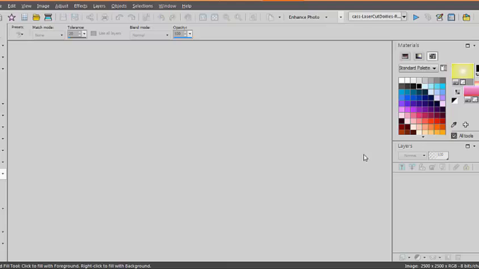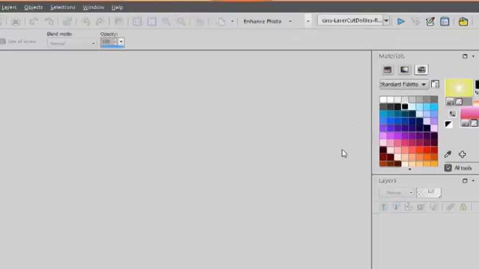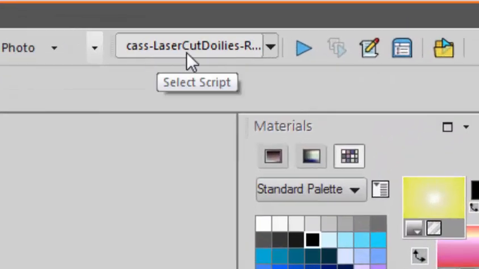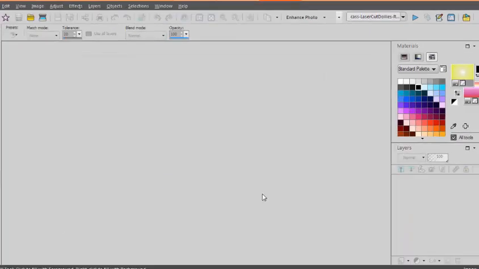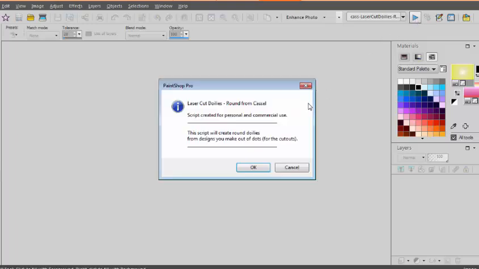In this video, we'll look at how to create laser-cut doilies using a script in PaintShop Pro. The script is called Laser-Cut Doilies Round, so it will create a circular laser-cut doily. And you don't have to have anything in particular open on your workspace, and if you do, it's not a problem either. So you just run the script,